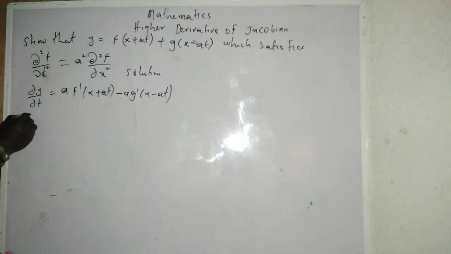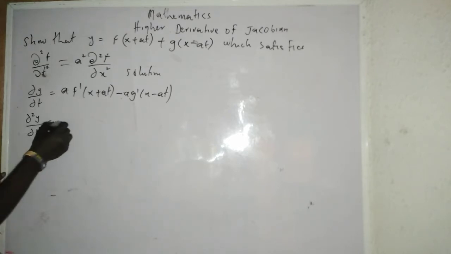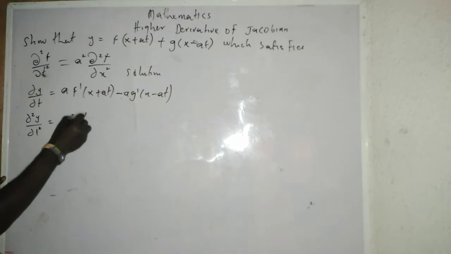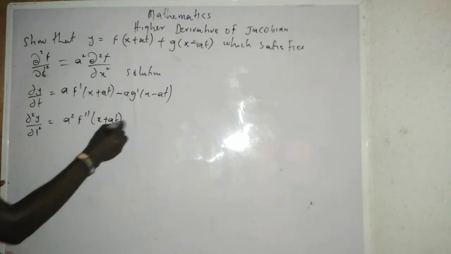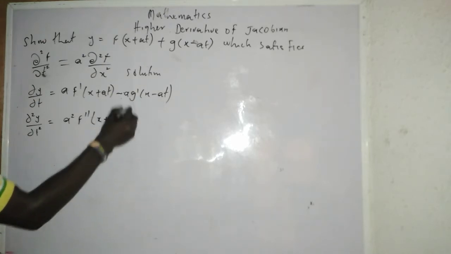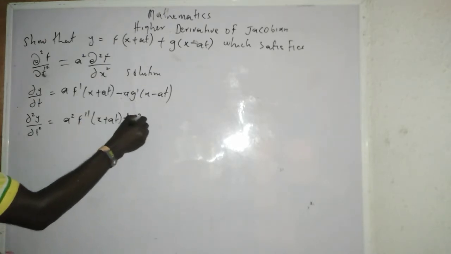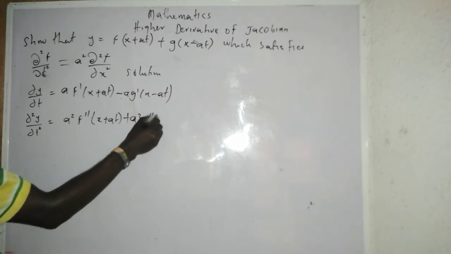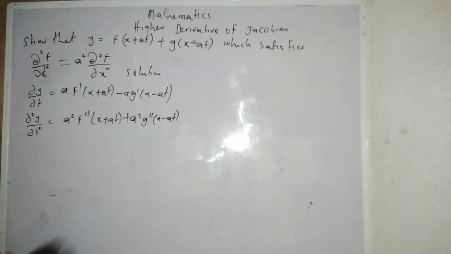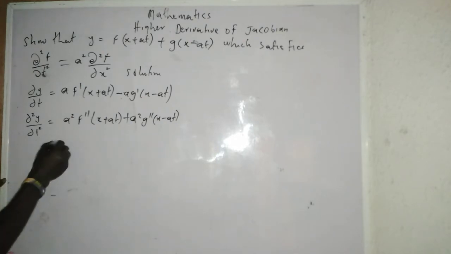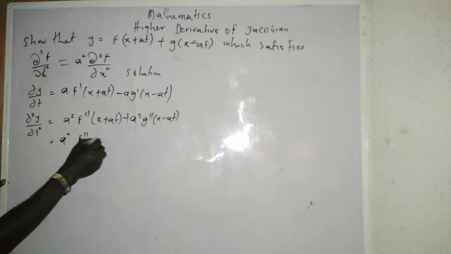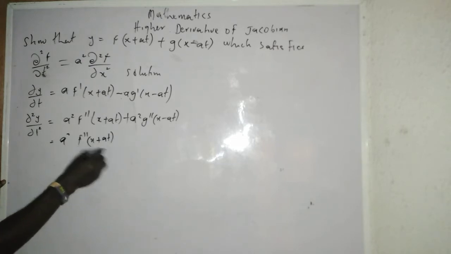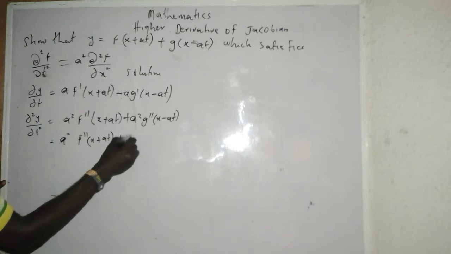Now, if I should move on to my y square of y of t squared, which I will be having a squared f prime prime. When you see prime prime, it means differentiate. Now, this one will be plus. That second minus is coming, which I have a squared g prime prime of what? S minus at. Now, which I can write this as what? A squared f prime prime of s plus at, and plus a squared g prime prime